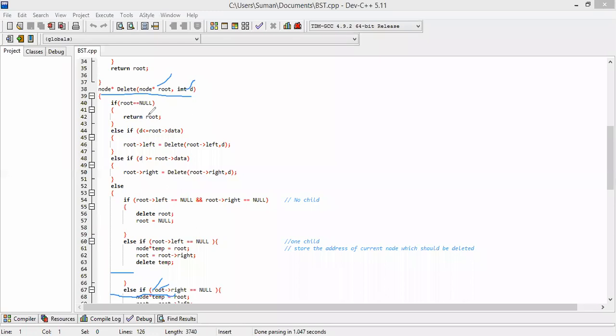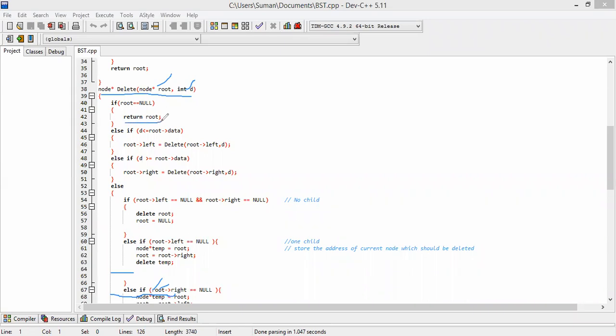Then first we check if root equal to null, then there is nothing to delete because there is no value or no node present. So that's why it will return root.